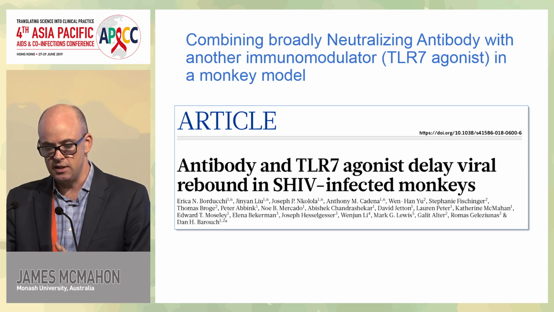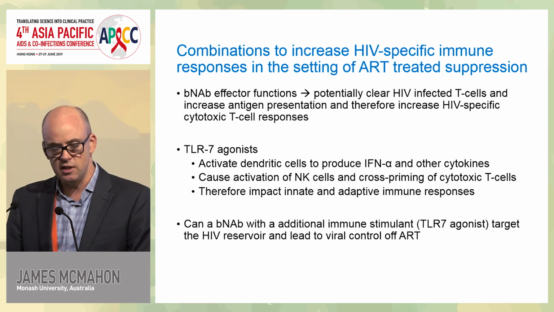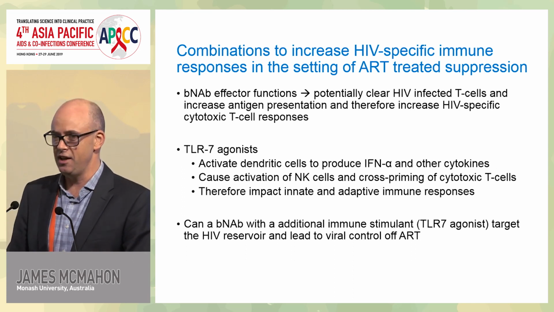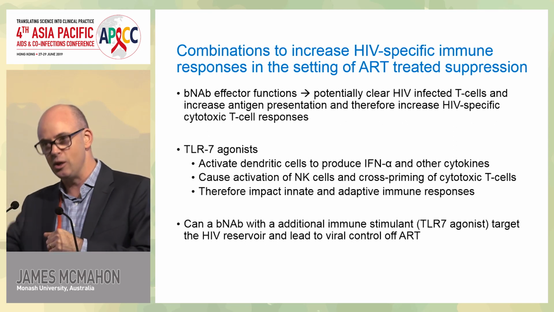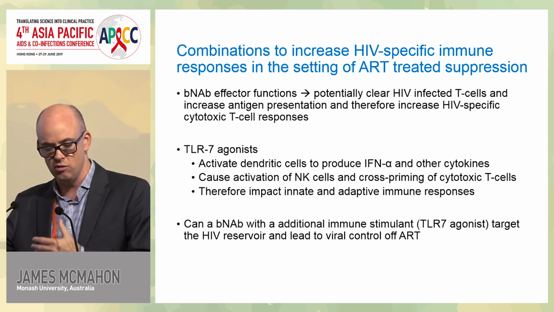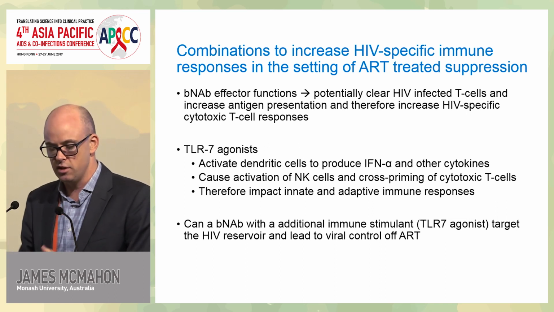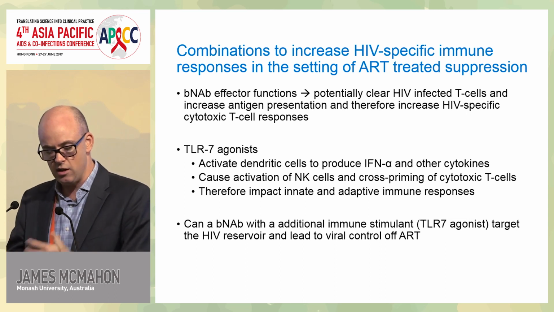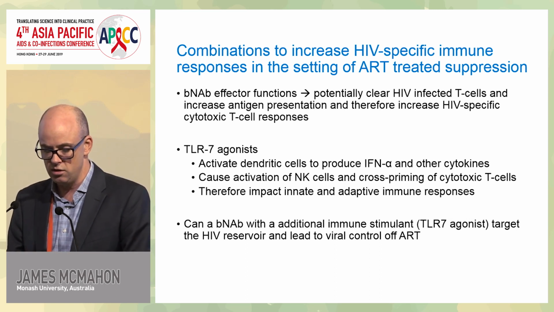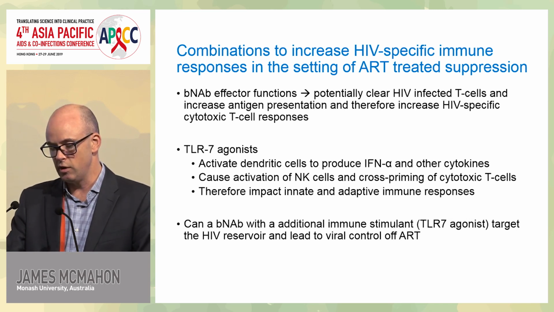So this is a monkey study, and we talked about bNAbs, and essentially TLR agonists are complicated and they have multiple effects, but if you just think of them on the seesaw on the right side, increasing your immune responses towards infections or viral infections, and they also have an effect to increase those cytotoxic T cell responses. So they're sort of a multi-pronged attack on HIV to increase those immune responses. So this was looking at basically whether this combination could lead to increased likelihood of viral control.